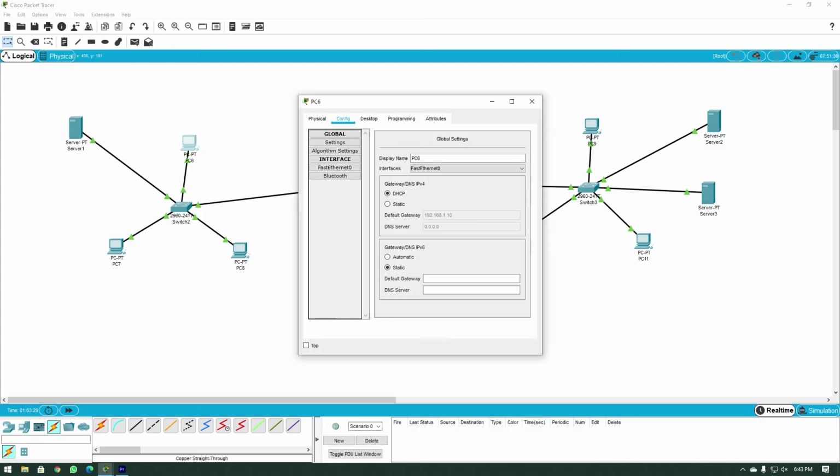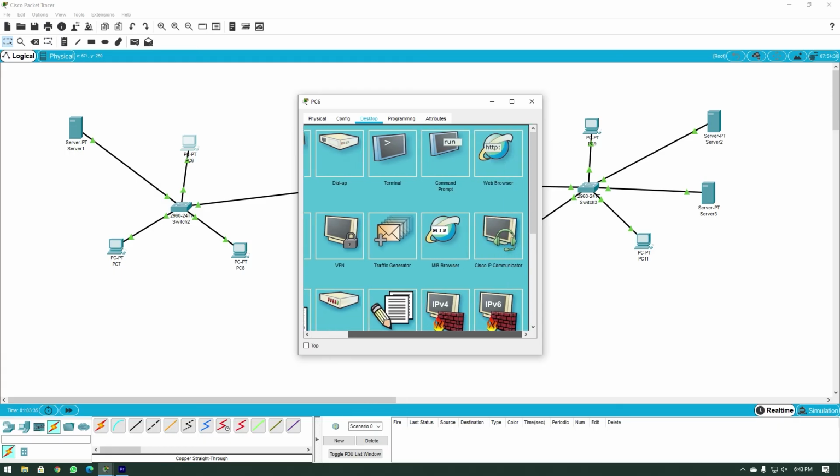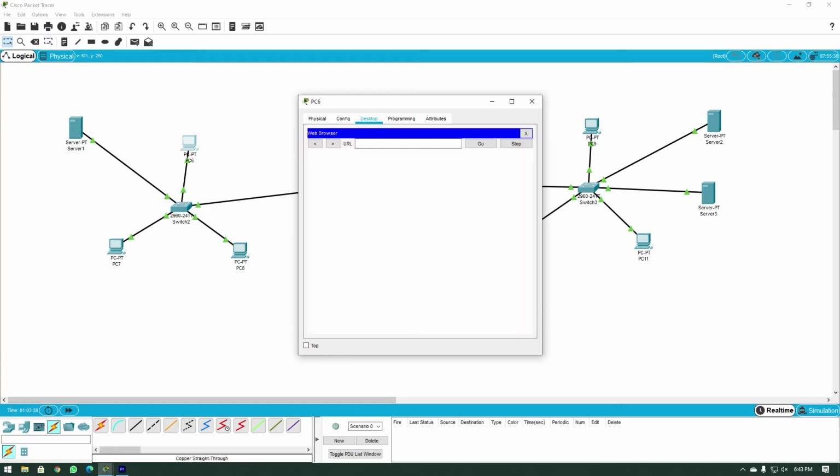So now let's go to one of these computers over here. Click on them. Let's go to desktop. Let's go to a web browser. So do we see a web browser? Yes, there is a web browser over here. And let's go to HTTP 10.1.1.4/index.html. Yep, there you go.